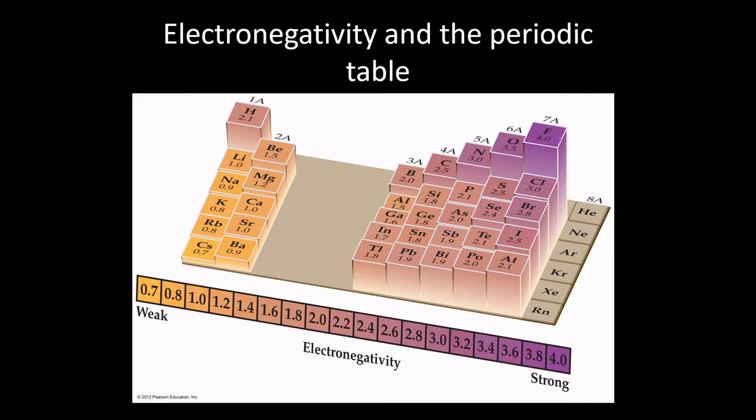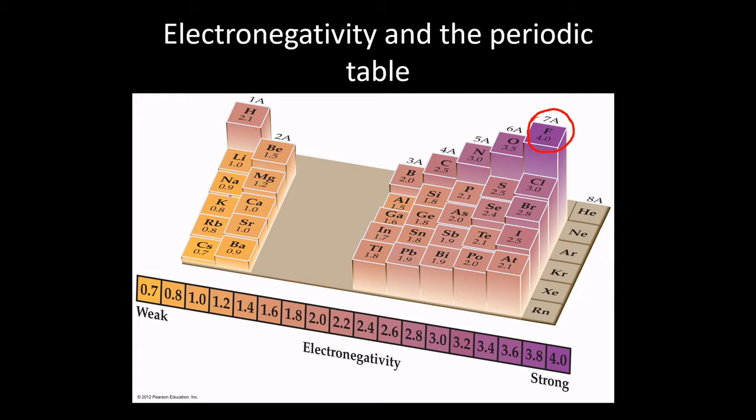And so you can see here that fluorine actually has the highest electronegativity of anything on the periodic table. It has an electronegativity of 4. Oxygen is the next highest after that. And you can see hydrogen over here. If you remember, I said it wasn't particularly low. It's a lot higher than